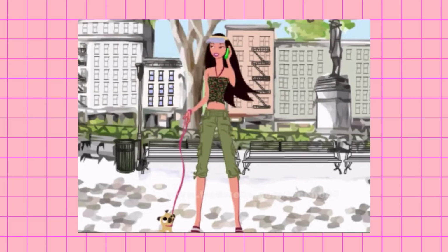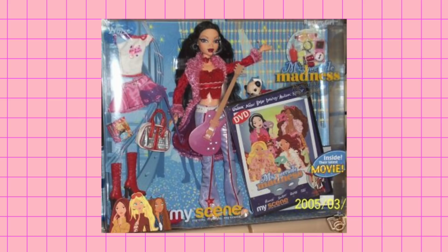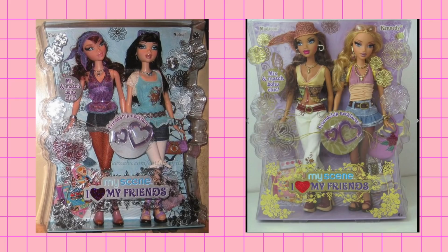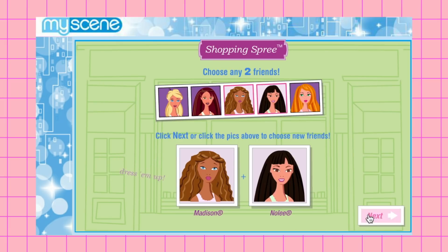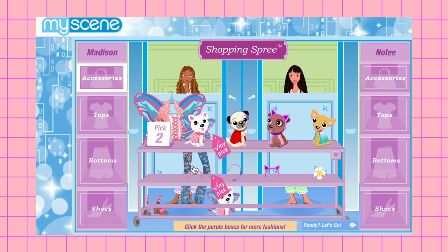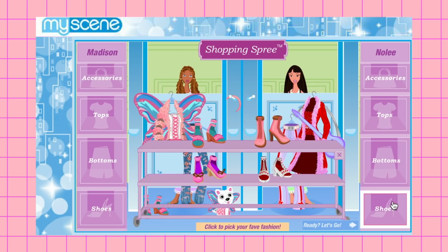Naturally, the next step is going to be My Scene because that was kind of like Barbie's answer to Bratz. And I don't think I actually ever owned a doll, but I played the shit out of their online games. My Scene and Polly Pocket hands down had the best flash games. Would actually still totally recommend going and playing them today because it's kind of just like a nice